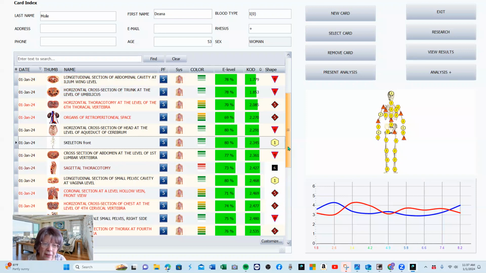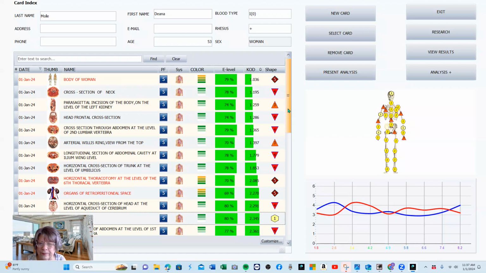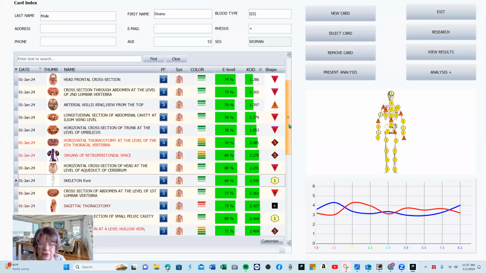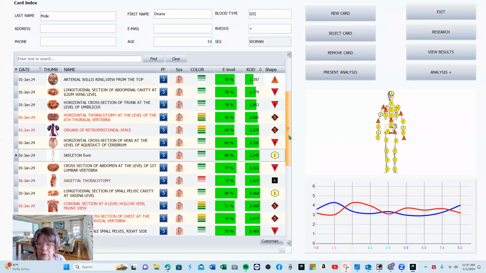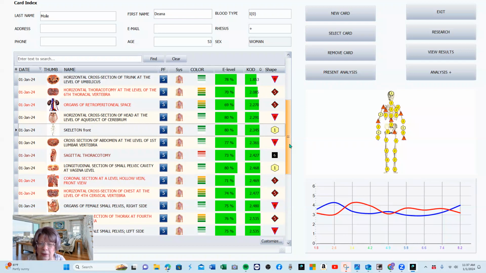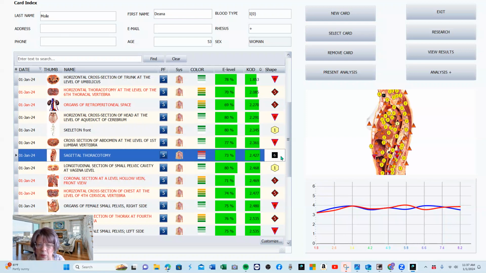So there are some health issues that are going on. Then I also want to look at the color, because this will quickly let me zero in on where the lowest energy is. So if I bring this bar down, the first red with a 6,